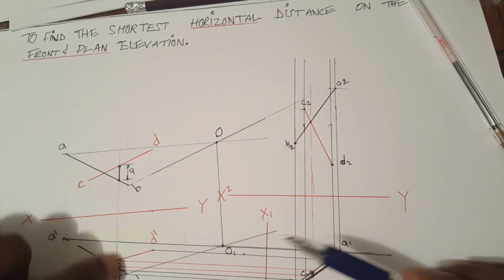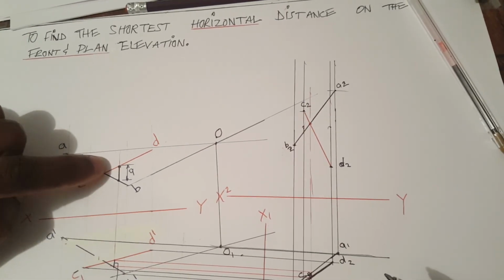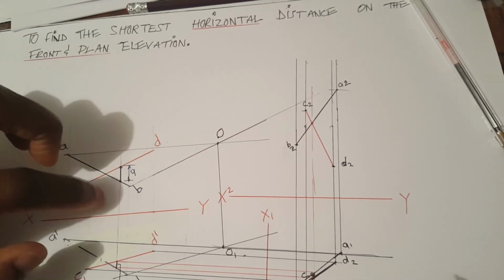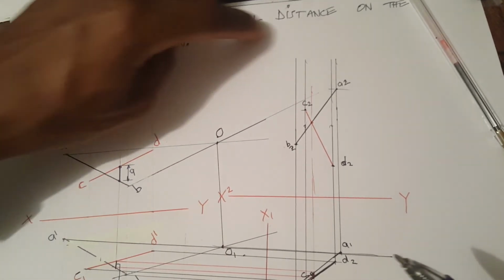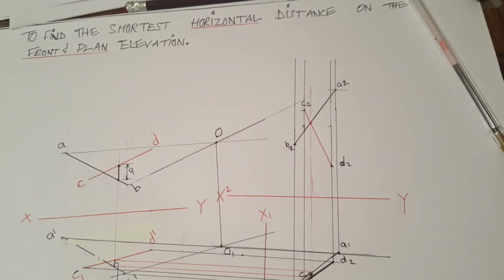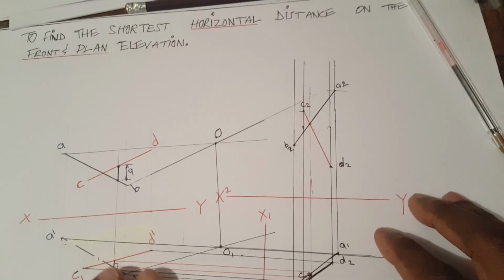We then bring those points up to the front elevation and highlight this distance. This now is the shortest horizontal distance on the front. So that's basically how this is done. I hope this video